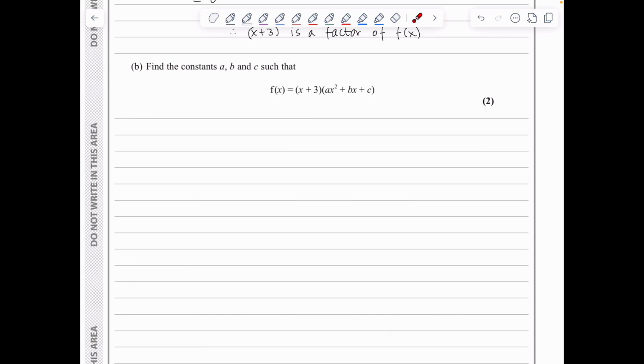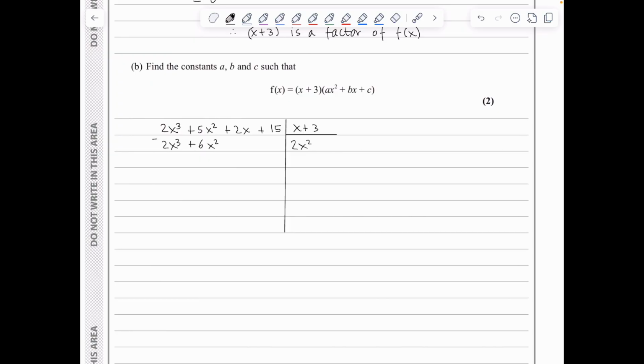In part B, we need to find the constants a, b, and c such that f of x can be written as the product of x plus 3 and the quadratic expression ax squared plus bx plus c. Well, I will proceed with the long division. So I've got 2x cubed plus 5x squared plus 2x plus 15 to be divided by x plus 3. And in long division, I'm always trying to match the highest order term on the left-hand side. So x needs to be multiplied with 2x squared, and this will give me 2x cubed plus 6x squared, and